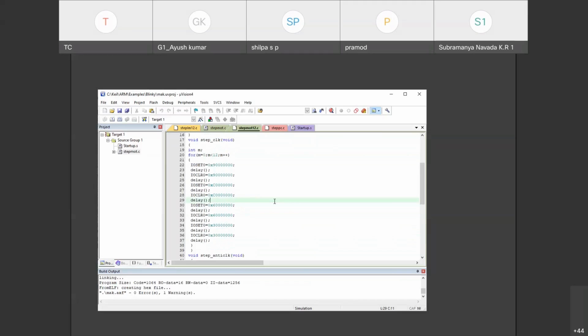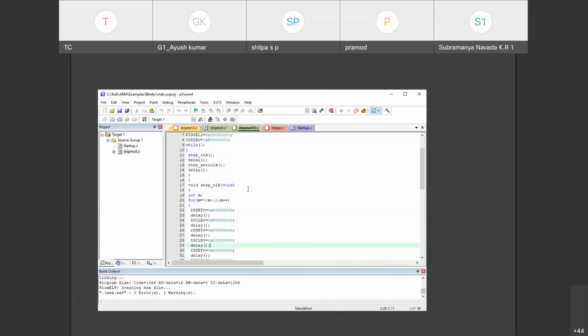I wanted to make it 12 times. 4 into 12, 48 times it should rotate. You can check 48. So how many cycles it becomes? Likewise, the number of cycles can also be defined. So if you run this program, it will run for 48 times, either on the clockwise side or anti-clockwise. Because I declared n is less than 12, 12 into 4, 48 times. 48 counts should be clockwise, 48 counts in anti-clockwise.